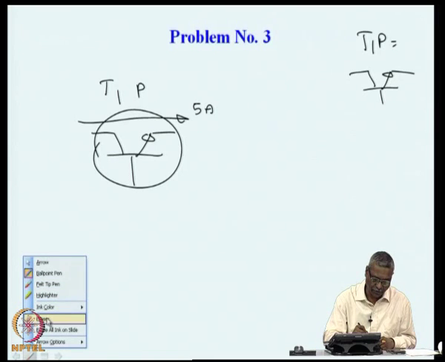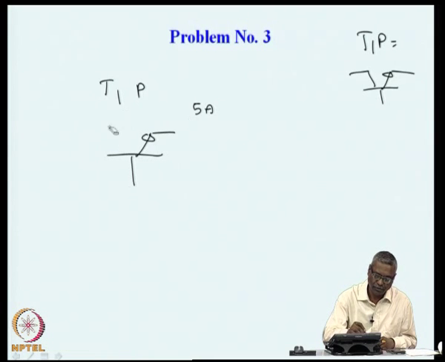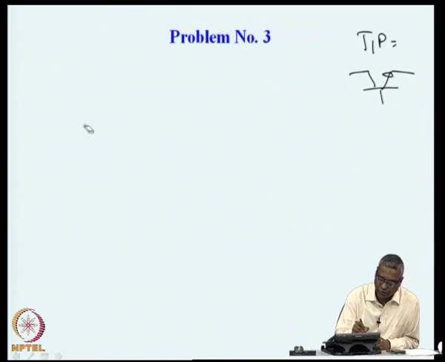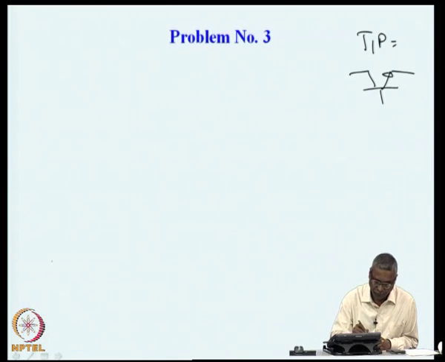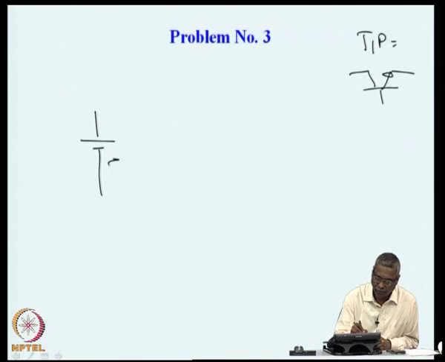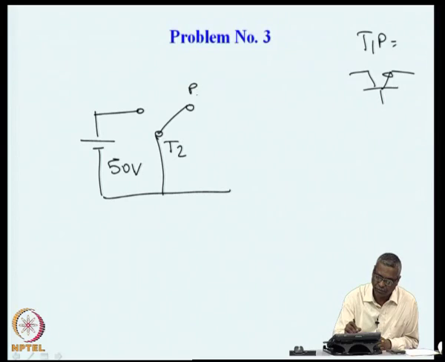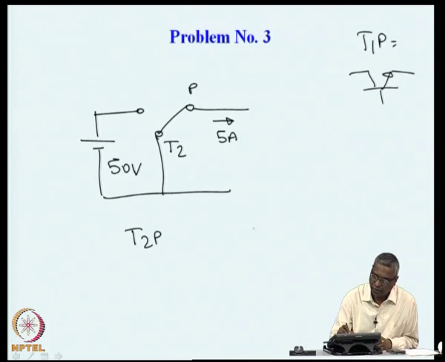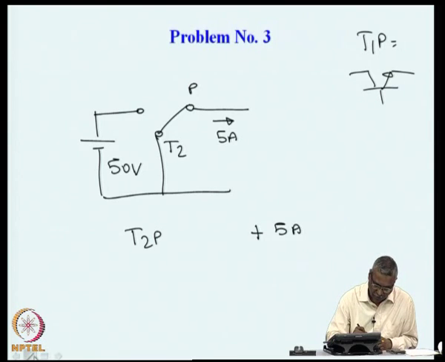So, now let us go on to find out what happens in the next condition. Now we are looking at the switch, which is 50 volts, and this is T2 and this is P. Current is 5 amperes. So, T2P conducts plus 5 amperes from T2 to P, and when the switch is off,